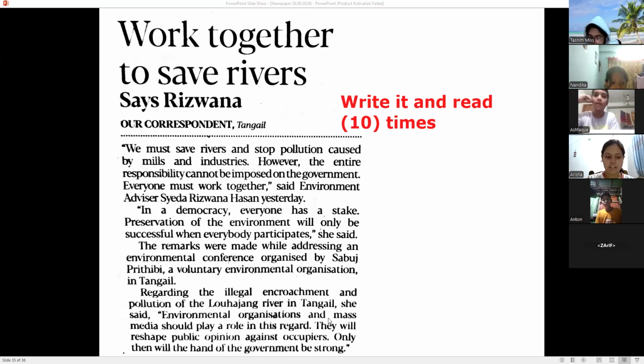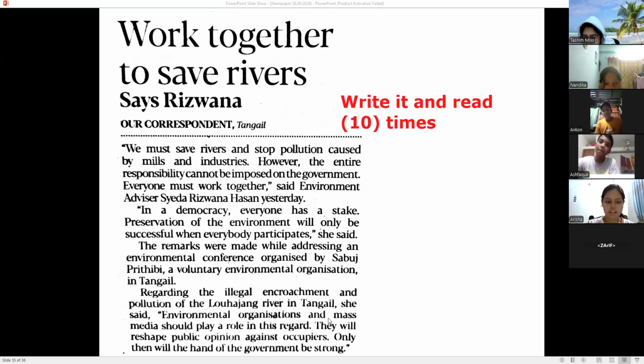Work together to save rivers, says Rizwana, our correspondent Tangail. We must save rivers and stop pollution caused by mills and industry. However, the entire responsibility cannot be imposed on the government. Everyone must work together, said Environment Advisor Syeda Rizwana Hasan yesterday. In a democracy, everyone has a say. The environment will only be saved when everybody